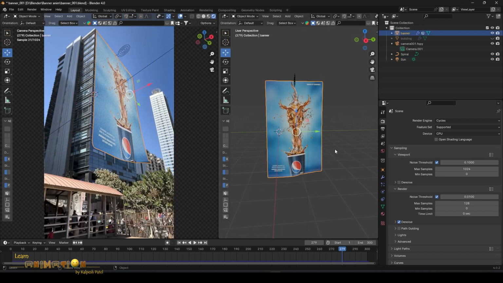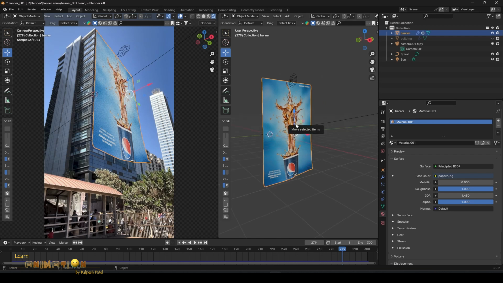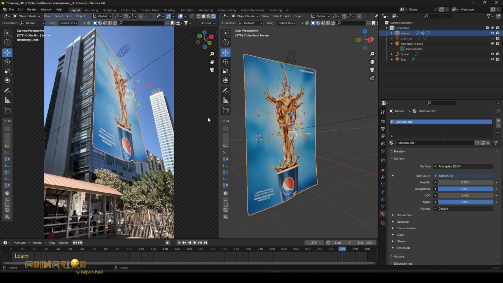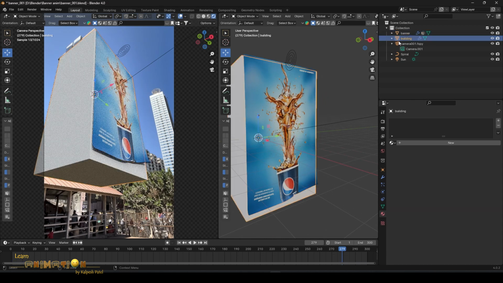Now select the banner, go to material property and increase the roughness so we don't see any specular or any reflection on it, and select the building cube. Okay, so we need the shadow to be rendered on the building. We don't want to render this cube.